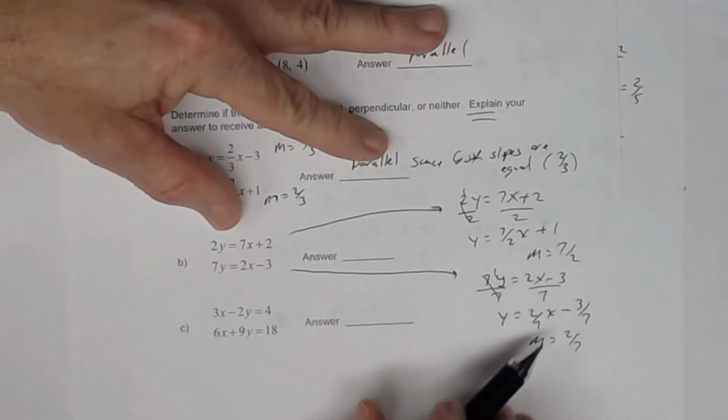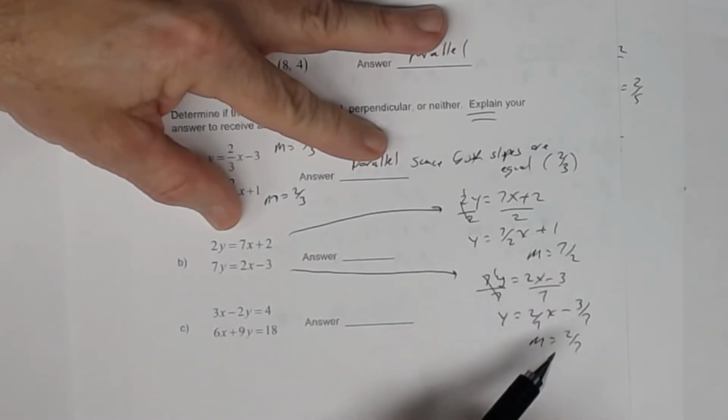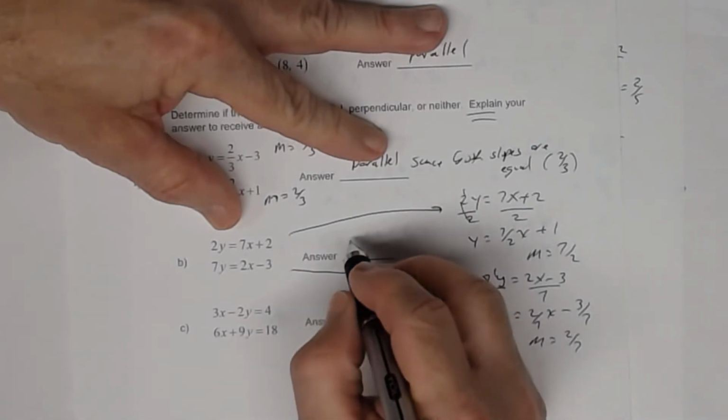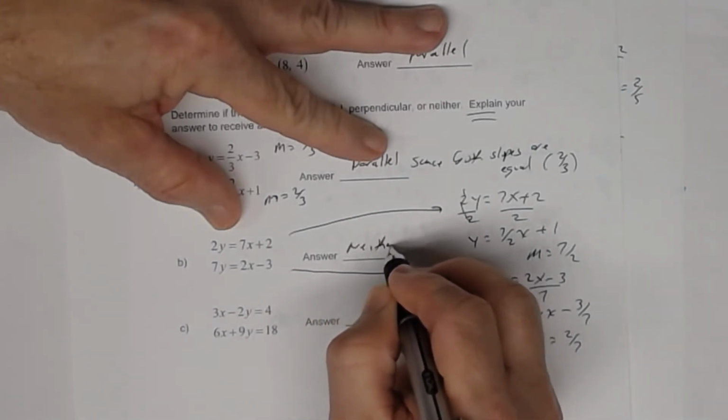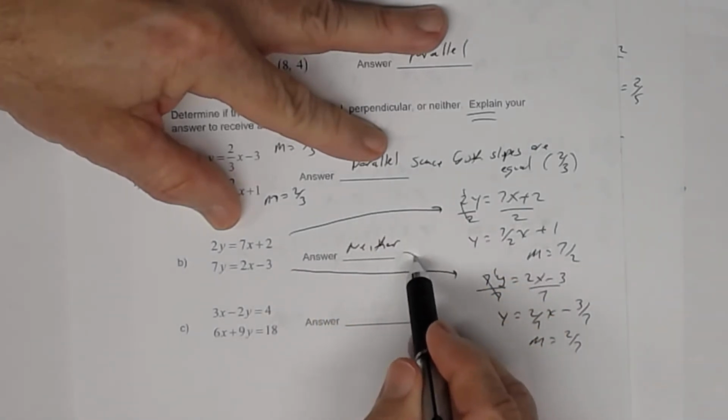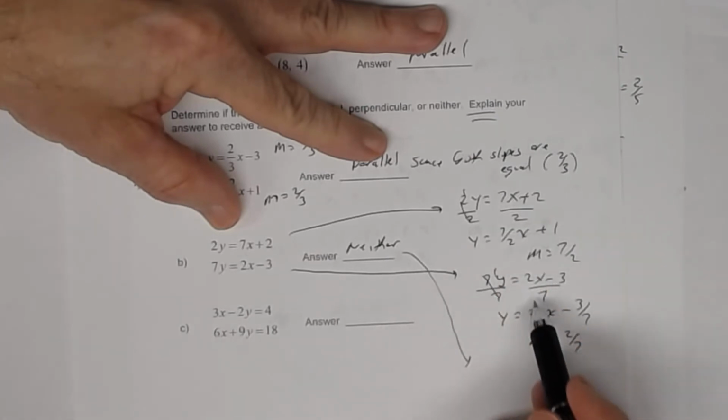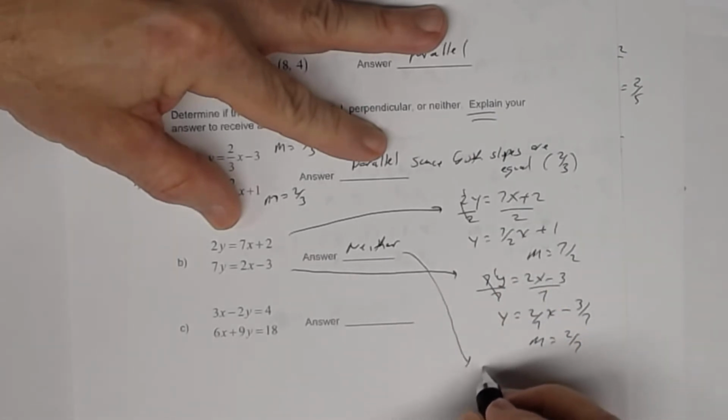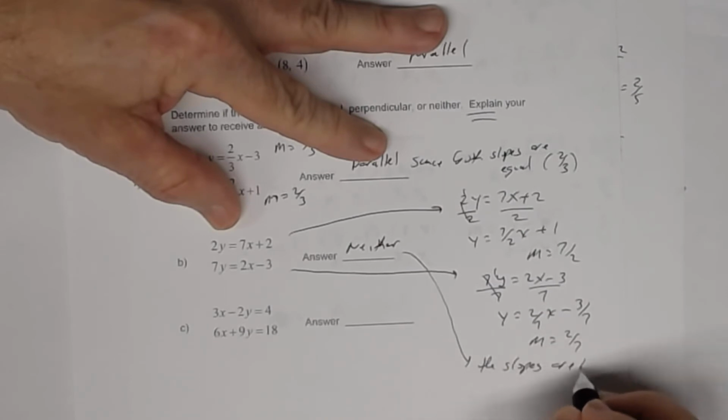So are those two slopes equal? Nope. Are those two slopes opposite? They're reciprocals, but are they opposite reciprocals? And the answer is no. So you're going to say neither, and in your explanation, here's your work, your explanation would say the slopes are neither